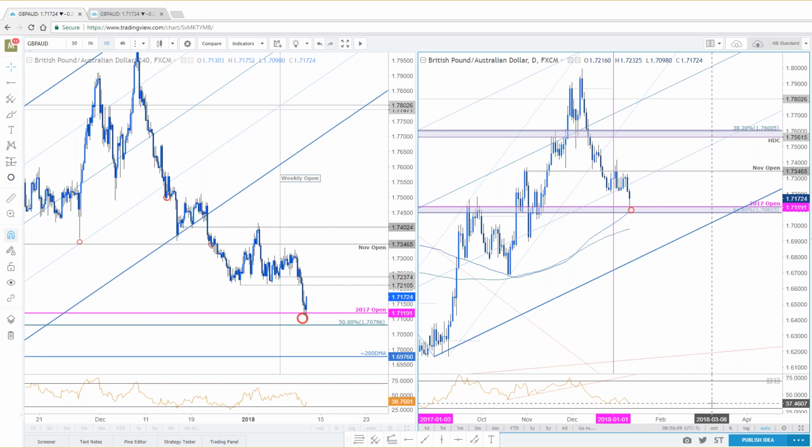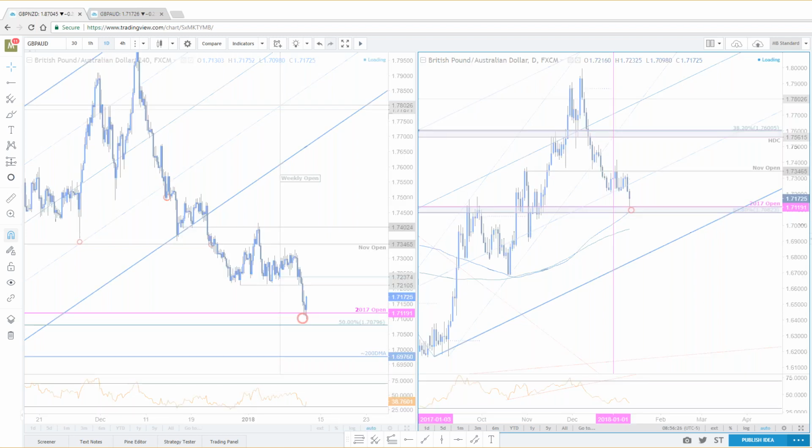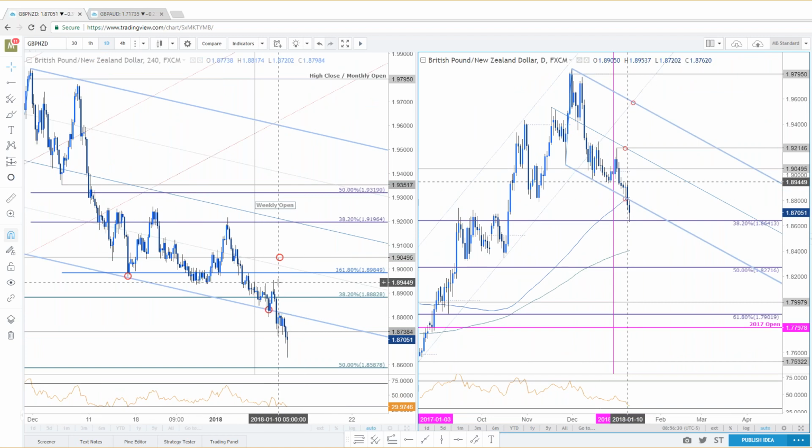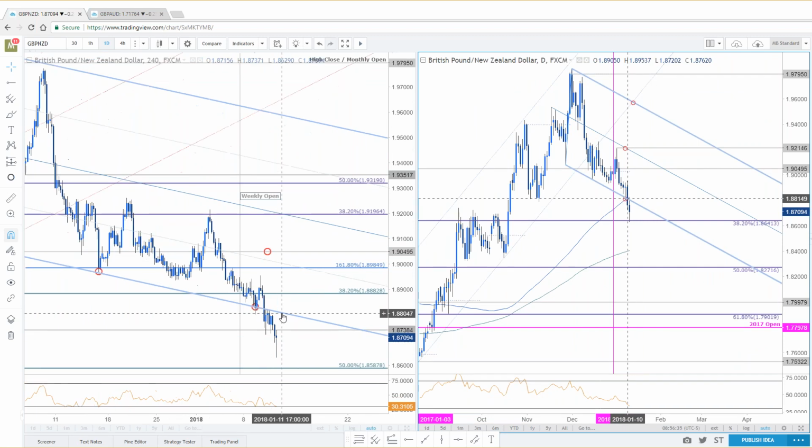Okay, so that is Sterling Oz. Any question on any of the Sterling crosses? The one last one that we want to cover is Sterling Kiwi. This is the one that we talked about earlier in the week. Initially playing the long side, I took a 70 pip gain on a quarter of a position size, and I got stopped out on the rest. And it's a good thing that we played so cautiously, because guess what? That rebound was very short-lived. Like I said, as soon as we took that break-even stop,